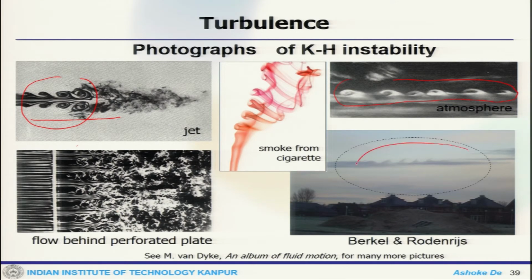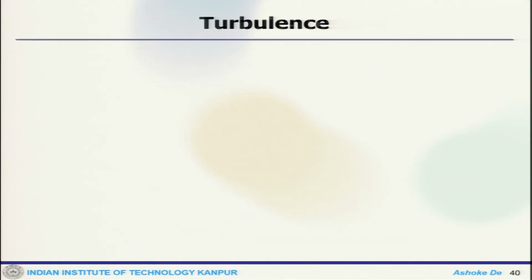There are nice pictures of instabilities in clouds, smoke from a cigarette. All these photographs actually show some sort of a Kelvin-Helmholtz instability. So, essentially these are the kind of instabilities we can see in regular life quite often. Whether we term that as Kelvin-Helmholtz instability or not, that is a different issue, but we get to see this kind of thing, because these are the pictures which you often see.